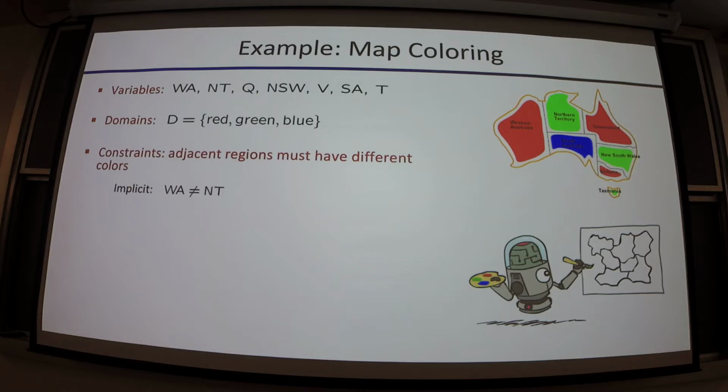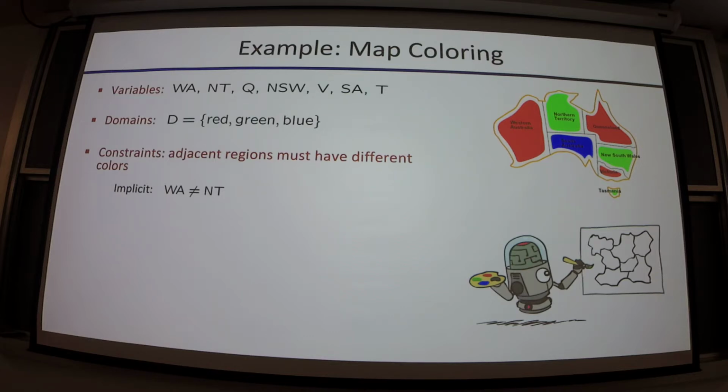Now there's 2 ways to write down constraints. There's implicit and there's explicit. And so implicit is some abstract notion of the constraint, right? We say Western Australia can't equal the Northern Territory, right? That seems pretty explicit, but it's not actually explicit. This is implicit because there's some notion of equality. You have to do some check on these values, right? Maybe there's some code that has to run in order for this to be checked.